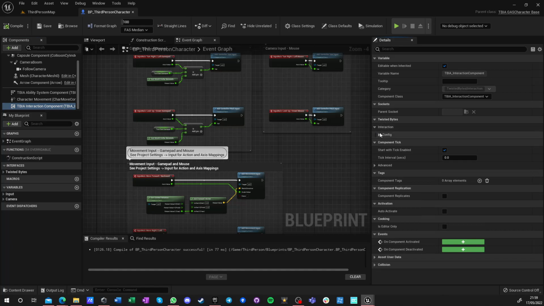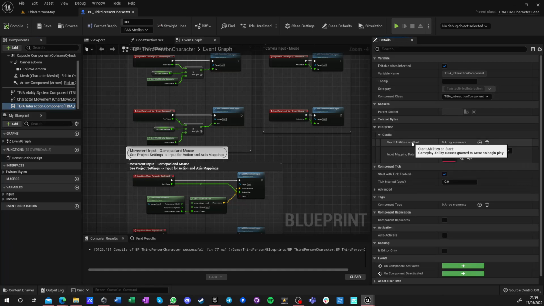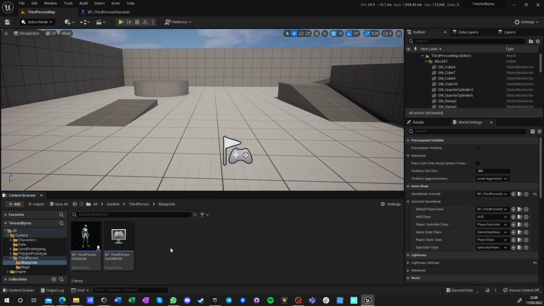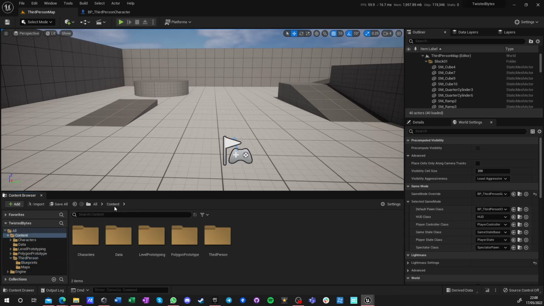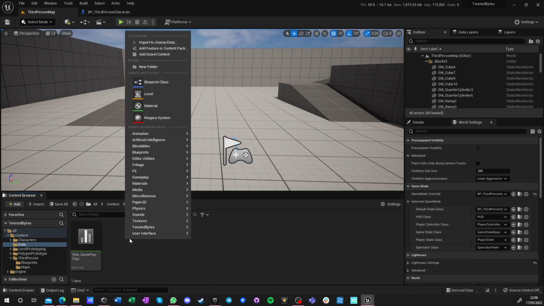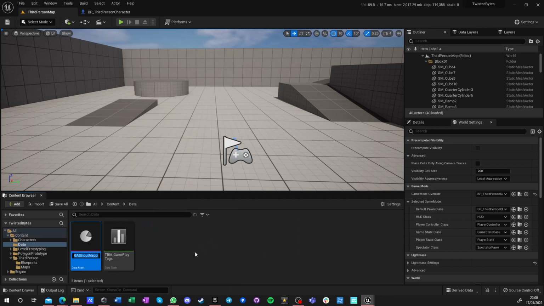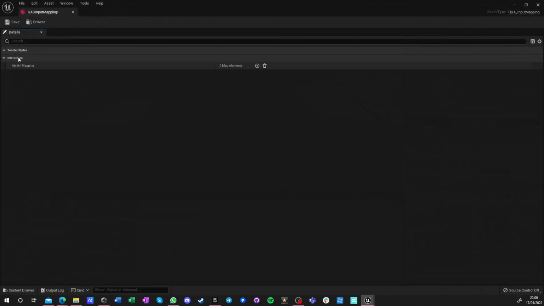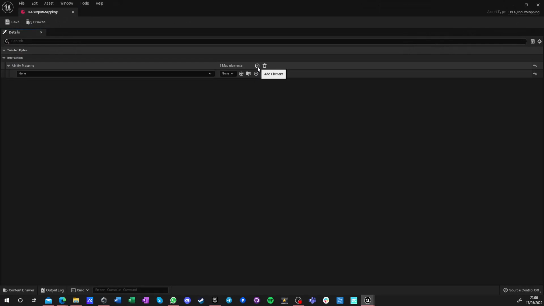So we're going to go into interaction, config, and we need to be able to grant some abilities to our ability system. And we need to create an input mapping data asset. And this one is also important. So you're going to go back here, go into data, and we have a new category here, Twisted Bytes, and we need to get into data assets, GAS input mapping, just create one. I'm going to leave it at the default naming, and what we need is just go into interaction, add new mapping, specify interact,